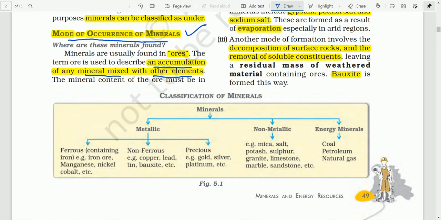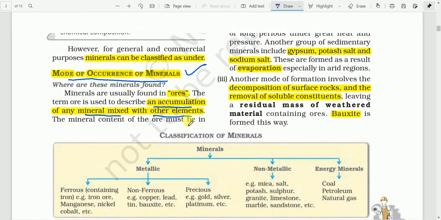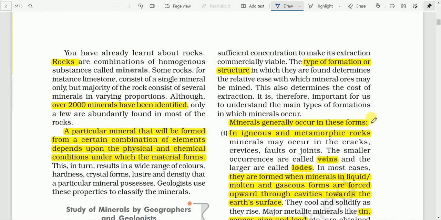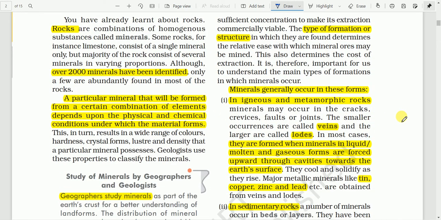So the mineral contained in the ore must be in sufficient concentration to make its extraction commercially viable. The proportion, the quantity of the mineral present in the ore should be large enough, okay, so that we can extract it